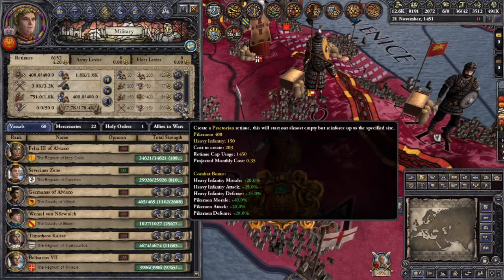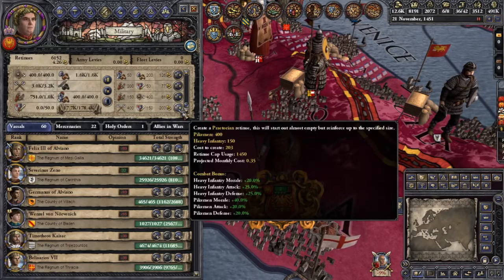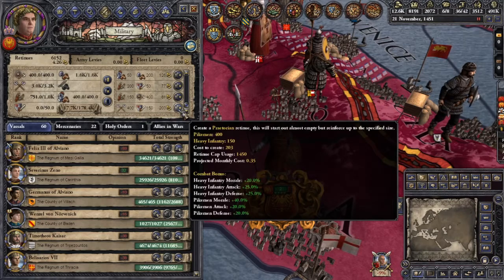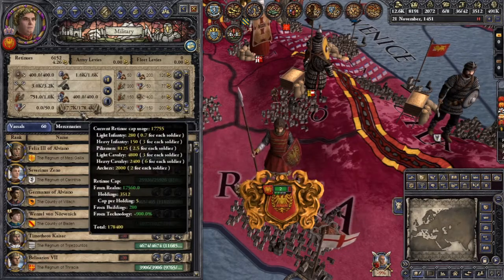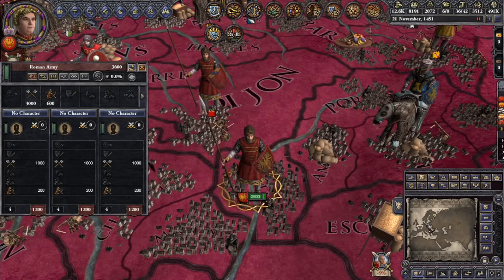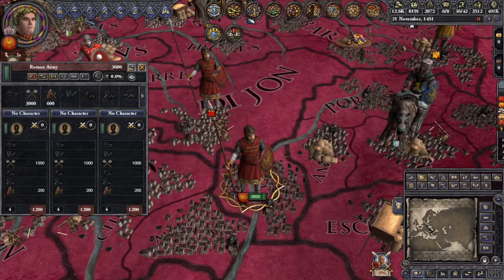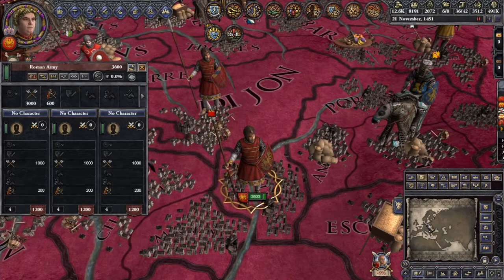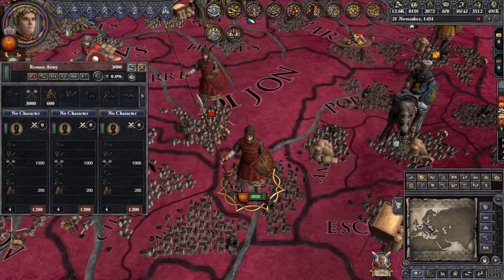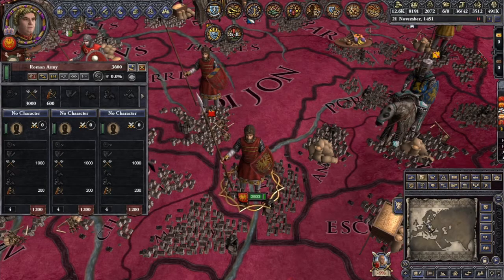specialized retinue for each culture. In the case of the Romans, you have the Praetorian retinue, and then you're going to have cataphracts. When you are the Byzantines or when you are a different culture, you're going to have different options here. In terms of what the retinues are going to do in terms of the warfare mechanics is very interesting, because with retinues you can balance your flanks with cavalry and have in the center more heavy or light troops. You can divide pikes in the two flanks and the center, so you have more flexibility at the time of